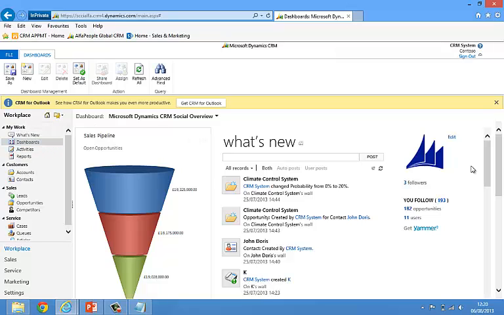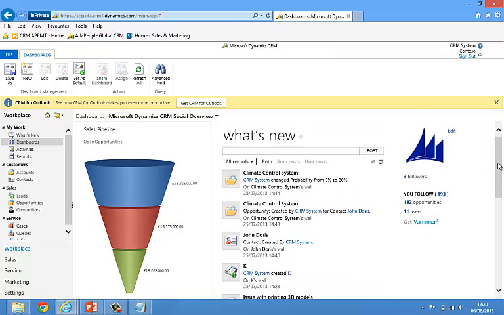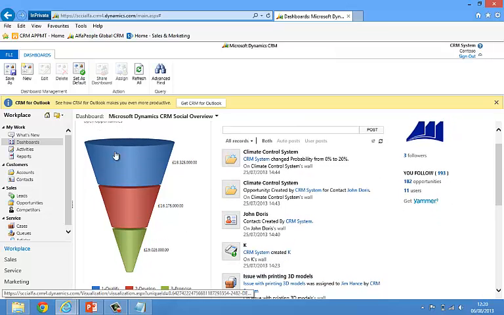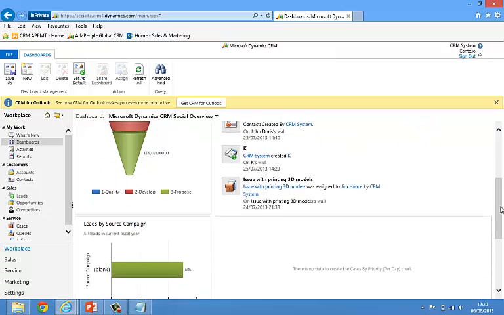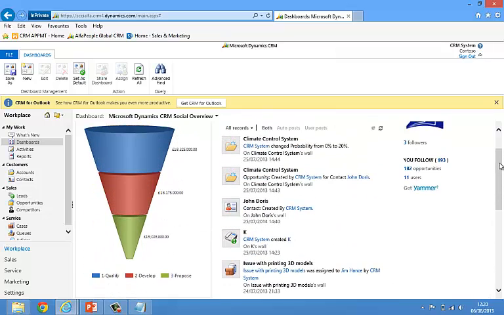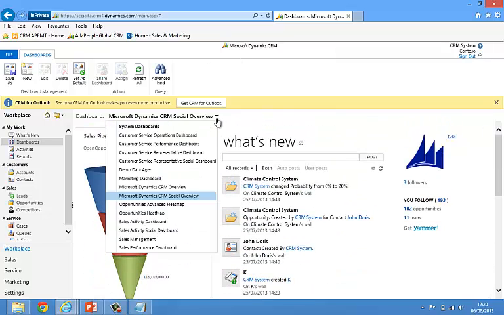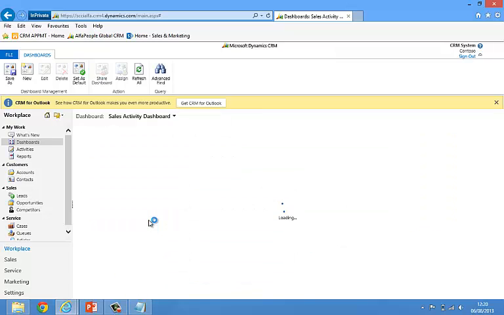I'm in the Microsoft Dynamics CRM social overview, and I've got my Yammer integration on the right hand side. I have my activity feeds here, showing what I'm actually following. I have a sales pipeline here, a funnel report chart, and you can see I've got my leads by source campaign. If I change that to a very useful one, which is the sales activity dashboard,